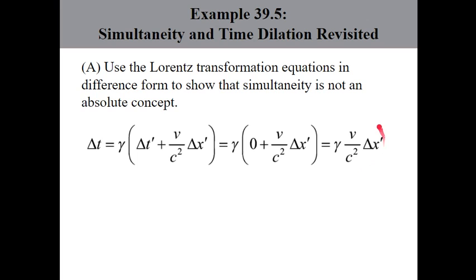And again, if the events were happening at the same location, then delta x prime will be 0, and you'd see them occur simultaneously in the S frame. But in this case, because the events are happening some distance apart, they will not be simultaneous in the S frame. This is what we saw in the example where Bob and Alice were seeing two lightning bolts,